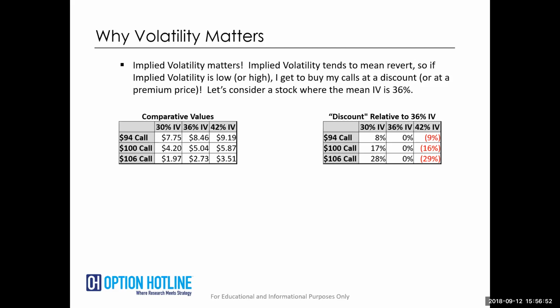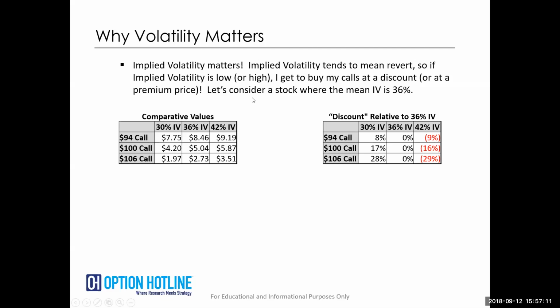If everybody in the world wants defined risk and leverage, they drive up the price of options. It makes them no longer beneficial, okay? We no longer get the leverage. I no longer get to make that much money on a move. So let's talk about this little bit of the implied volatility mean reversion here.